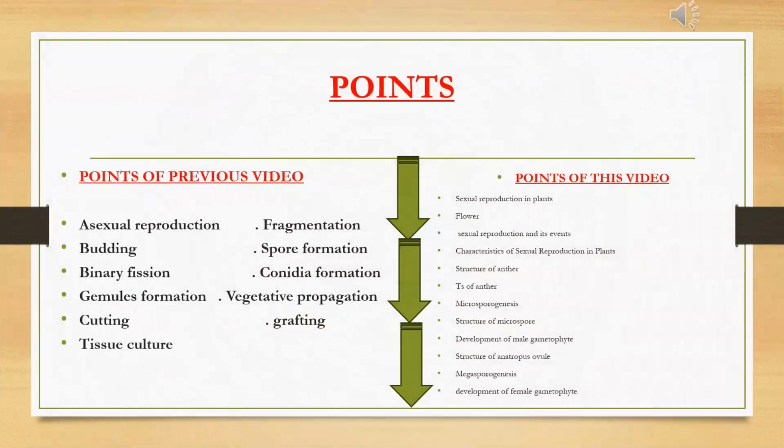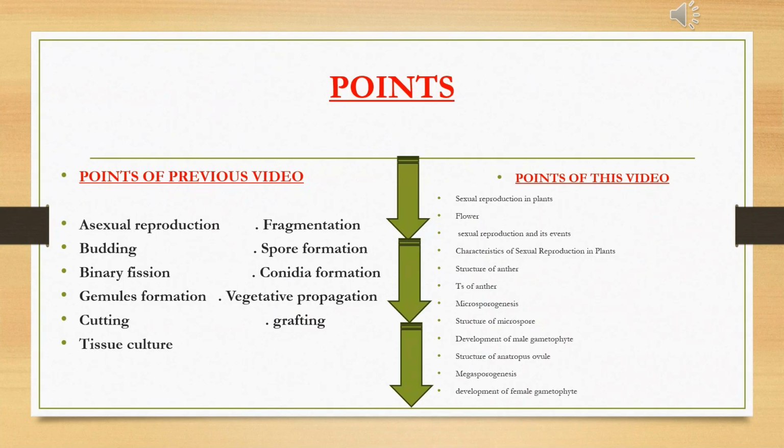In the previous video, we had studied asexual reproduction: budding, binary fission, gemmule formation, cutting, tissue culture, fragmentation, spore formation, conidia formation, vegetative propagation, and grafting. We have already studied all these points in our previous video, and now in this video, we will cover the